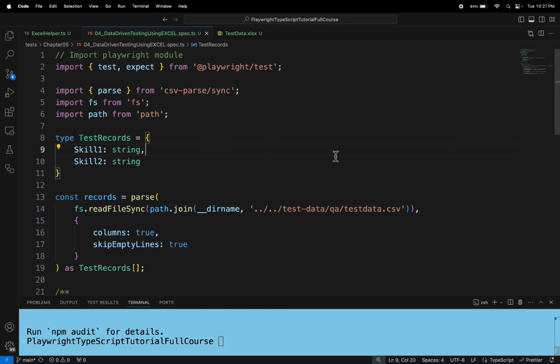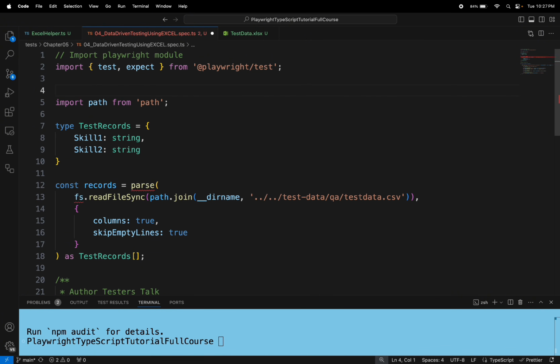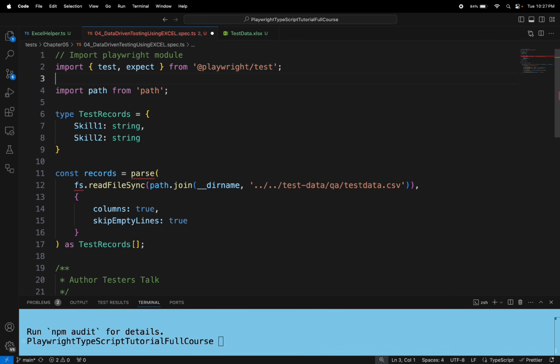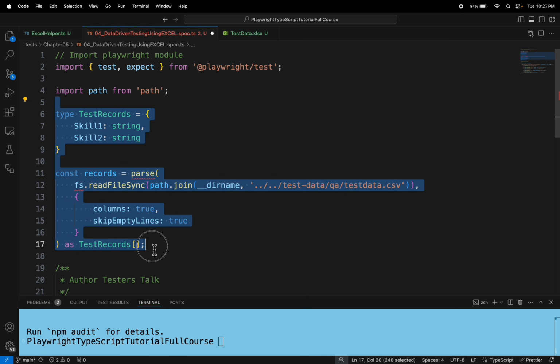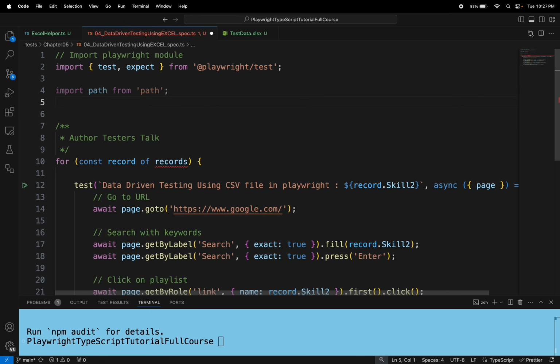So let me maximize this window. So here I will keep only the path import, because we need path to get our Excel file path. So I will delete the rest of the stuff here. So that's it guys. Now what I will do is, firstly we have to import our